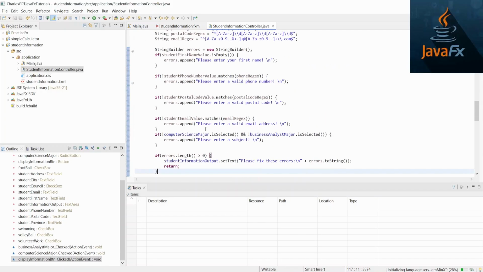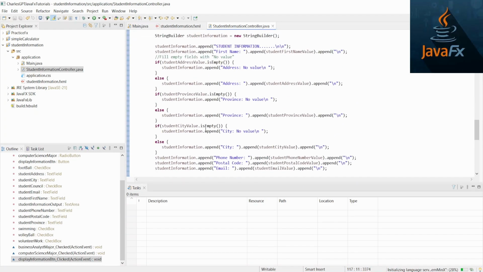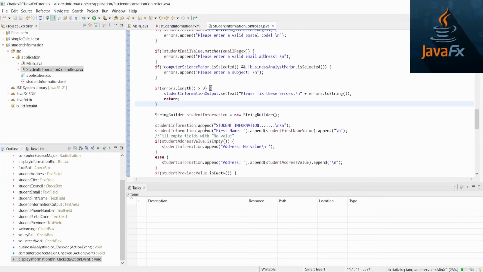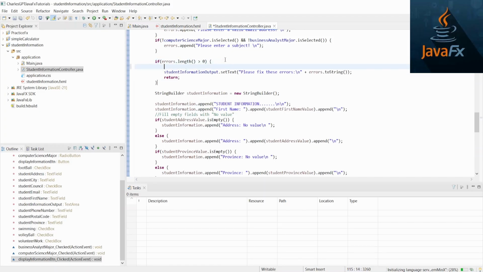Okay. Oh, but before we run, I just want to make something so it looks more cool. So where's our error message? I want to change the colors to red. And where is it? I would fix this error. Please fix this error. So I'll change the student information